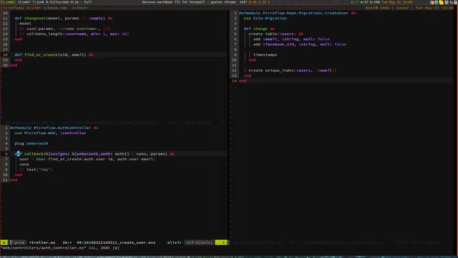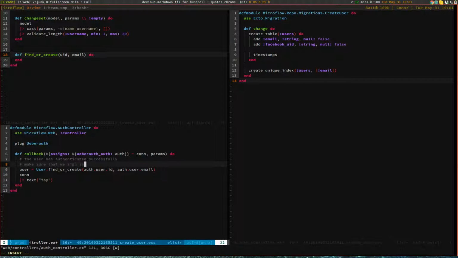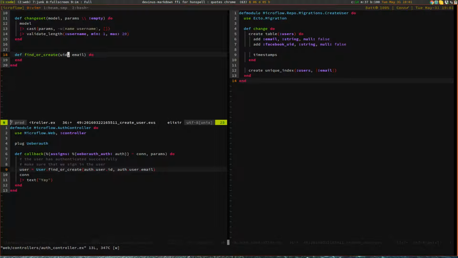So if we reach this point in our code, it means the user has authenticated successfully, right? So at this point, all we have to do is make sure that we sign in the user. So anyway, let's do that. We need to create or find the user and then sign him in. So the way we do that is